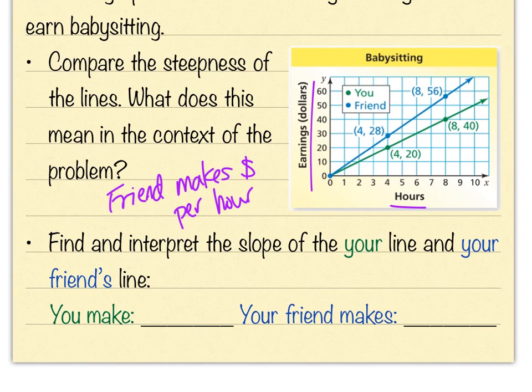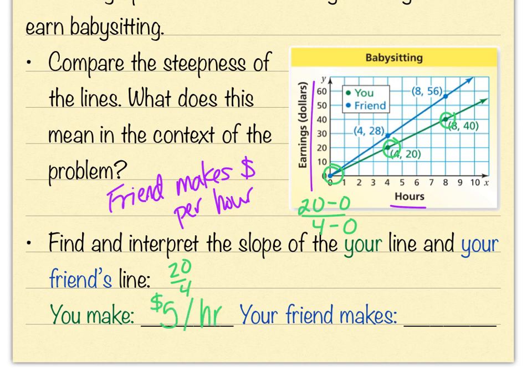Well, if we start with our line, the green one, we can use any of these 2 points. We could use this one, or you could even use this one. That one's just kind of hiding there. It's 0, 0. That would be really easy to use. So if I do y2 minus y1, I'm going to go ahead and use 0 as my y1. And if I do x2 minus x1, I'm going to use that 0, 0, becomes my x2, I guess, or x1. Then I get 20 over 4, and so 20 over 4 reduces to $5